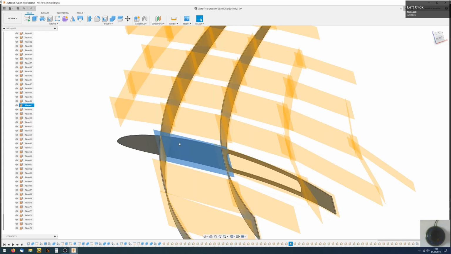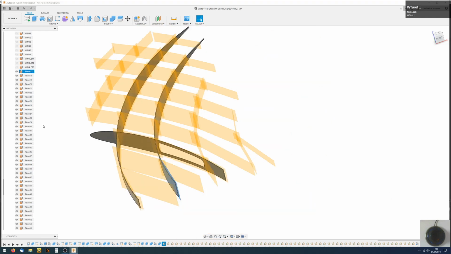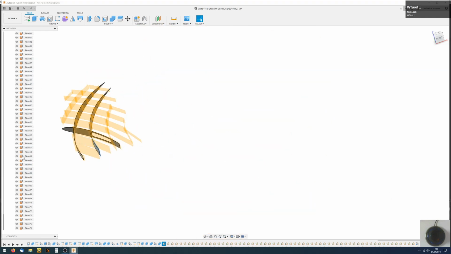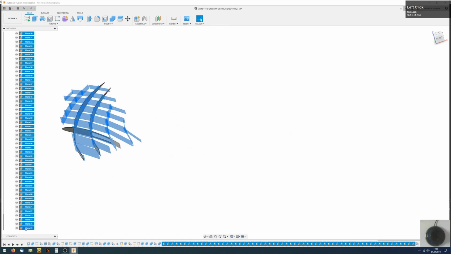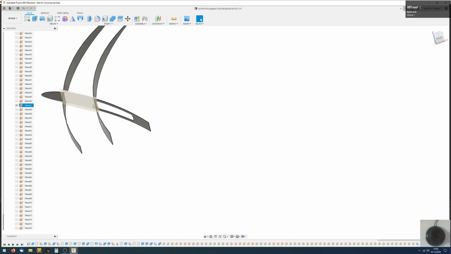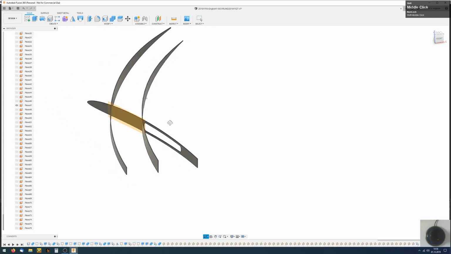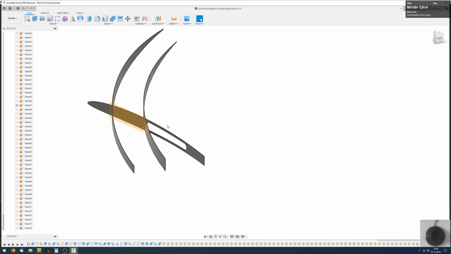Select it, it's plane 4, 7. Okay. Make all invisible again. Plane 4, 7. It is this one. Okay, there we are. We can create the next drawing there.